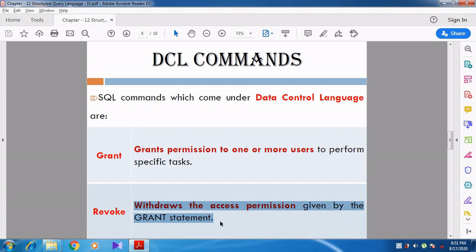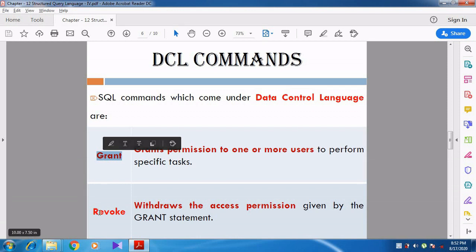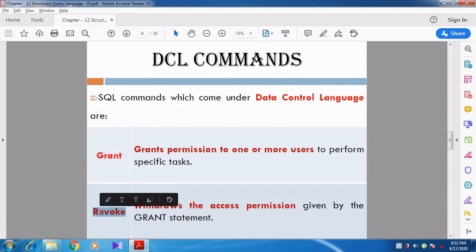Whenever you want to give permission, we use the grant command, which gives permission to one or more users, whereas revoke is used to get back, to withdraw, the permission for that particular user.